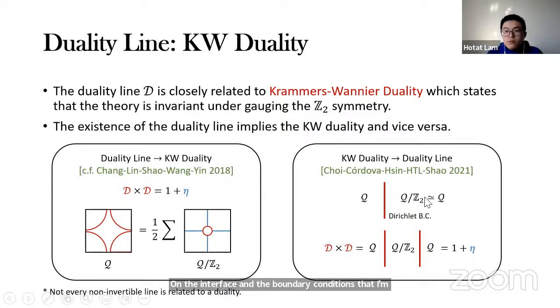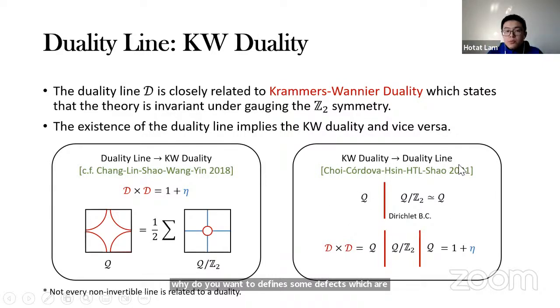And a Dirichlet boundary condition for Z2 symmetry is always a topological boundary condition. And in this case, now I can use the fact that there's a Kramers-Wannier duality to relate the theory on the left-hand side and the theory on the right-hand side, so we can identify them. So a direct consequence of this is that this interface now becomes an actual defect in this single theory. And so this means that Kramers-Wannier duality defines some defects, which I'll refer to as a duality line in this theory through half gauging.